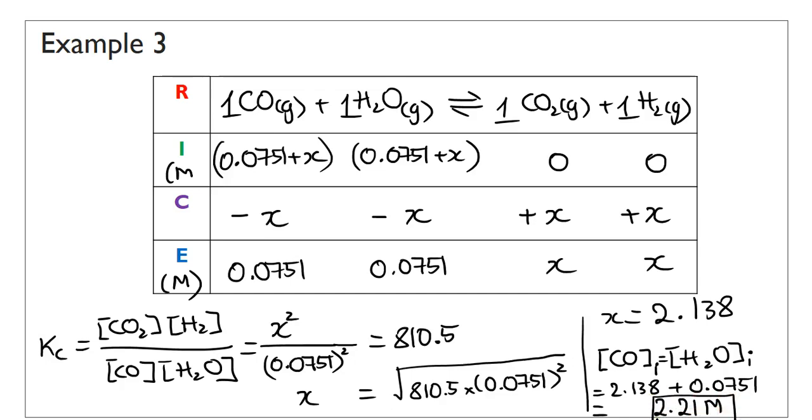So that's question 3. So again, I really do like the rice box method, but you don't necessarily have to use it. It does make life a little bit easier, especially when the question has a mole ratio that's not 1 to 1 to 1 to 1, so you don't forget to consider the mole ratio. But that's it for this